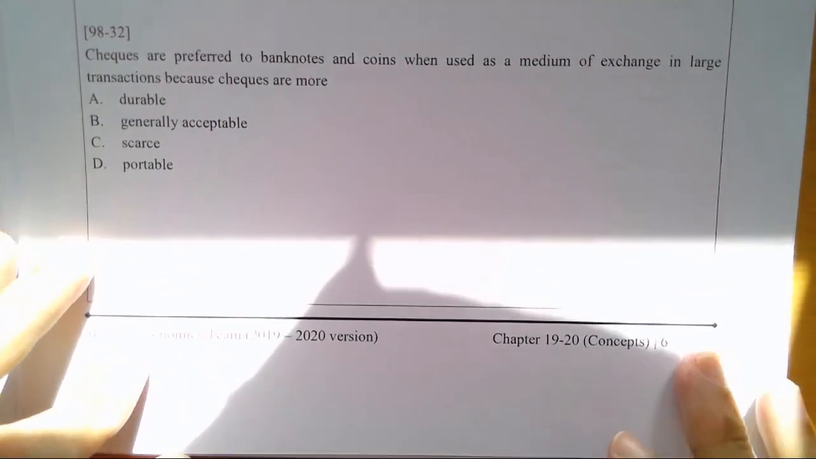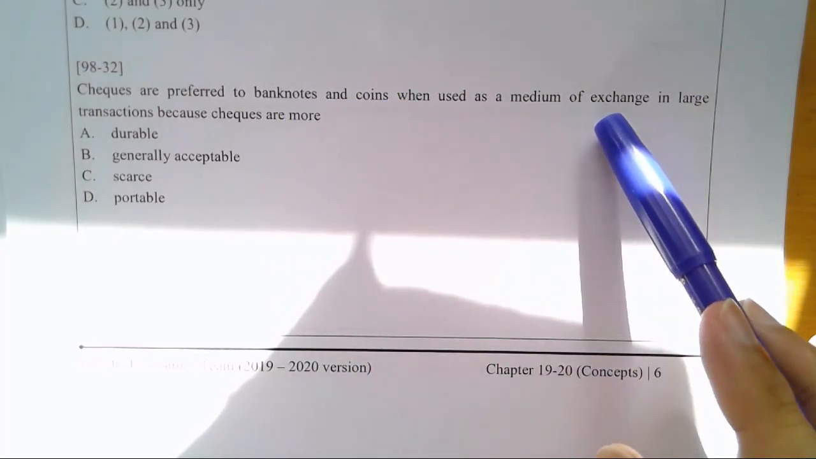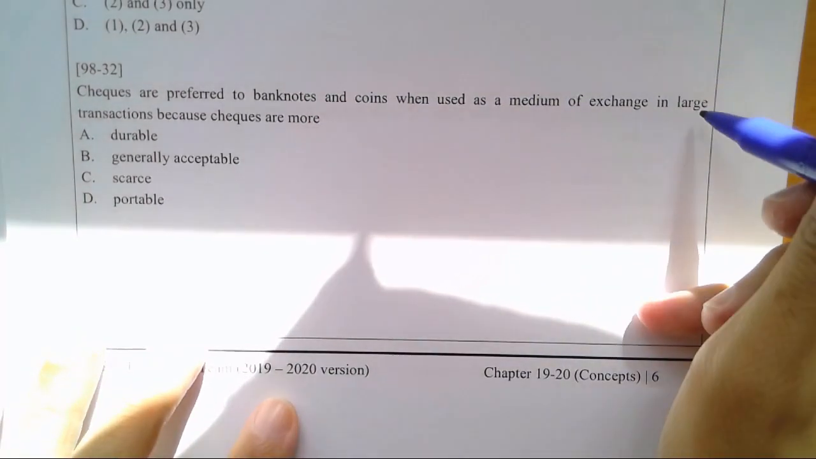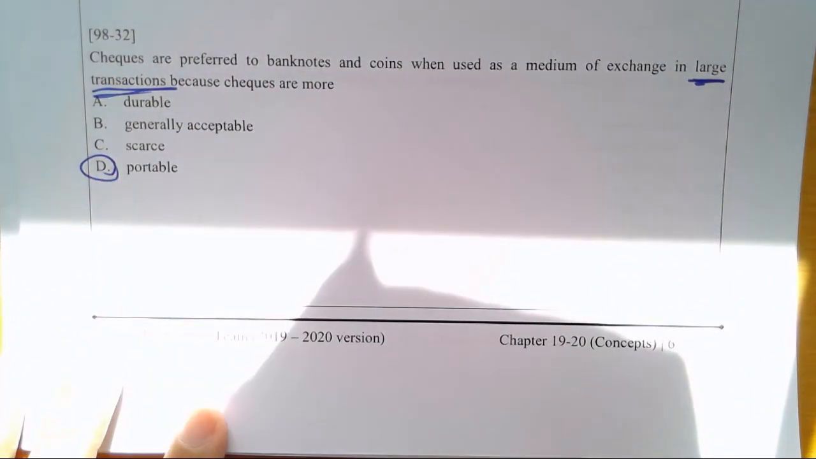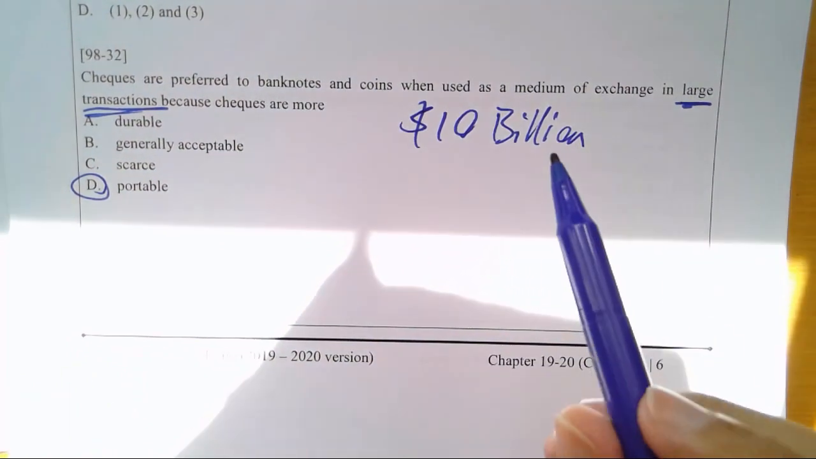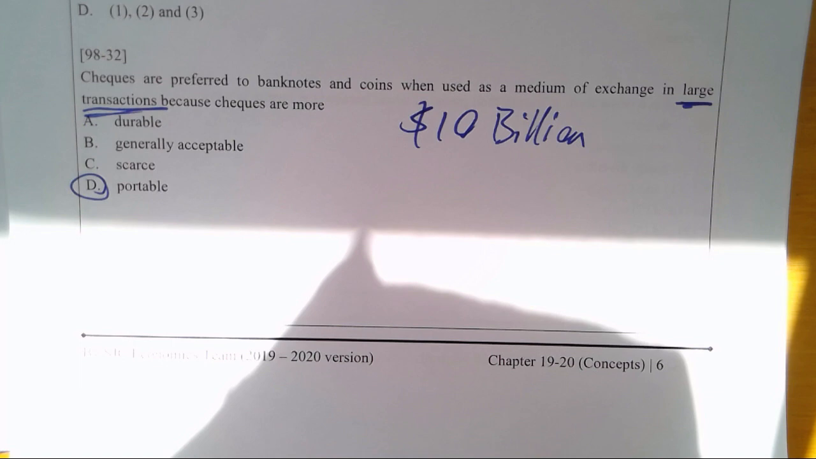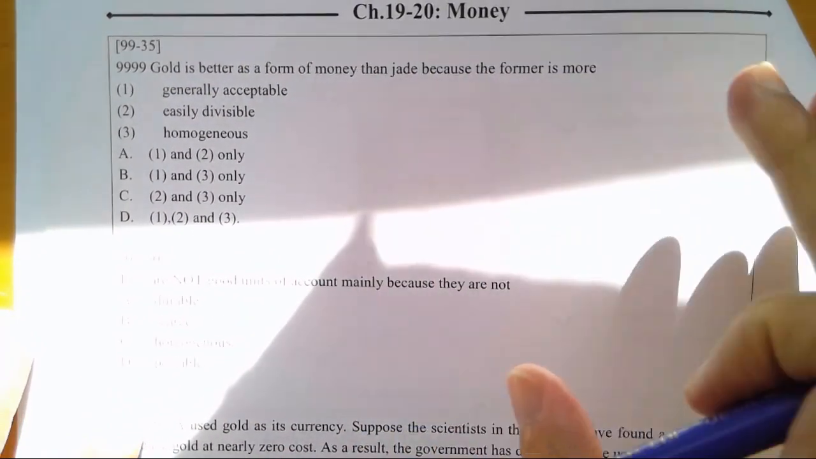Now next one. Checks are preferred to banknotes and coins when acting as a medium of exchange in large transactions. 好大量啦 because more portable 咯。Let's say we are talking about this amount. If you bring cash, good luck with that. You need, let's say, a car of cash. 係嘛？你成車咁樣過去啦。Okay, good luck with that. So portable. Okay, 好嘛？